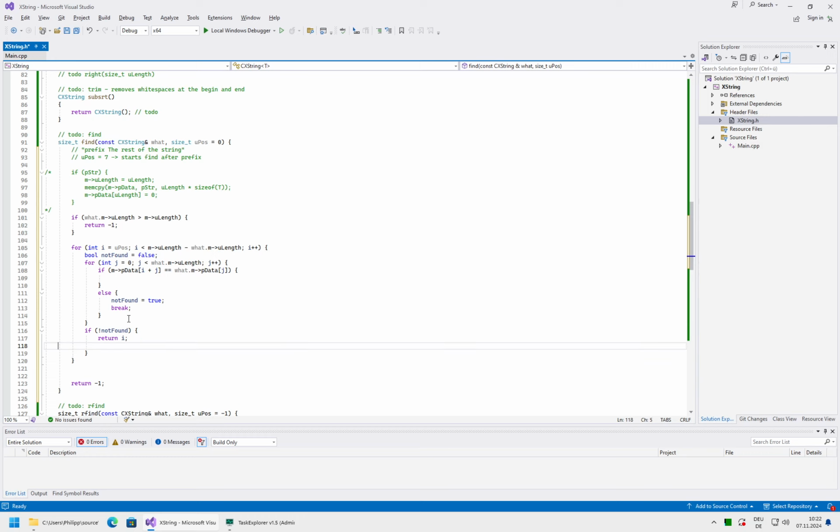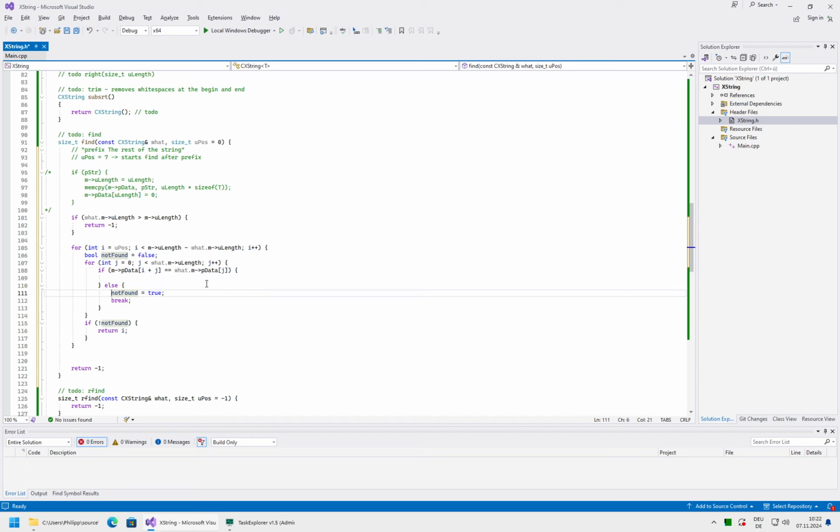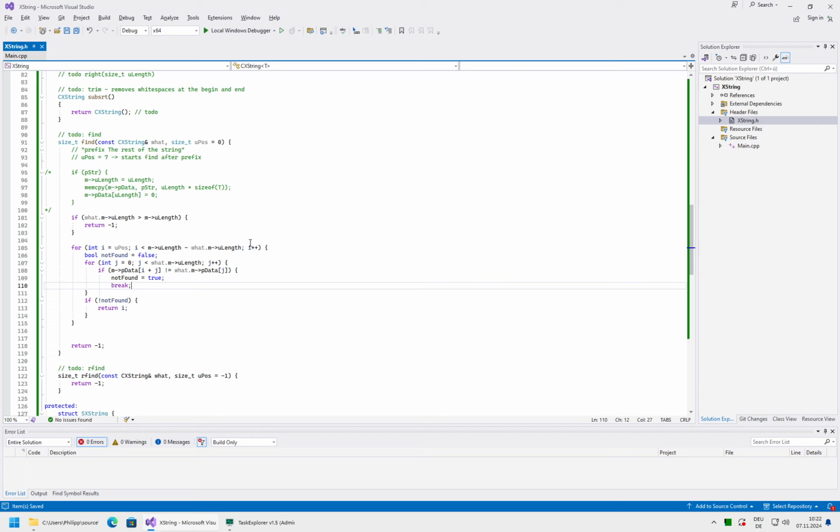That should work. Let's try it out. No. If it matches, then we just go to the next comparison and so on. Yes. Definitely. One bracket is missing.